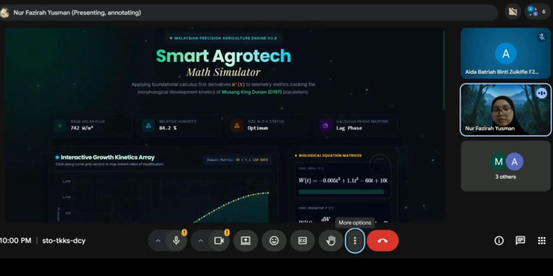the Musang King durian. Traditionally, understanding fruit maturity and growth rate has relied on qualitative guesswork, visual inspection, or rigid historical timelines. However, fruit growth is a dynamic biological process that changes constantly based on environmental variables. Without precise data, it is incredibly difficult to know the exact metabolic and physical growth rate of the fruit as it develops on the tree. Why is studying development kinetics so critical?